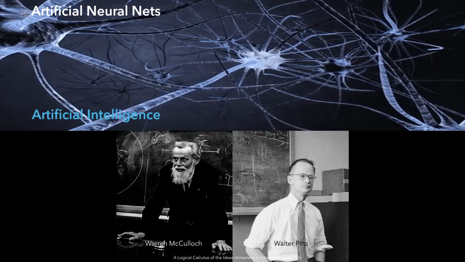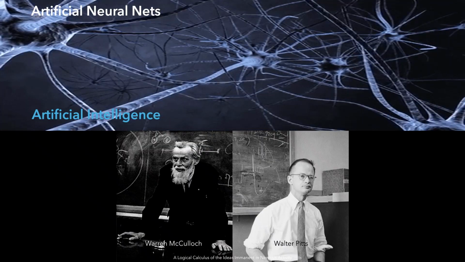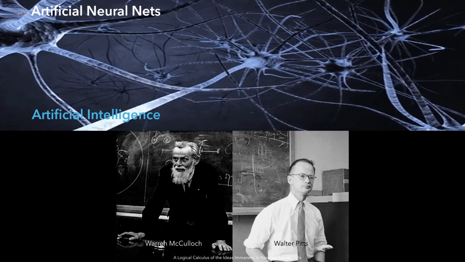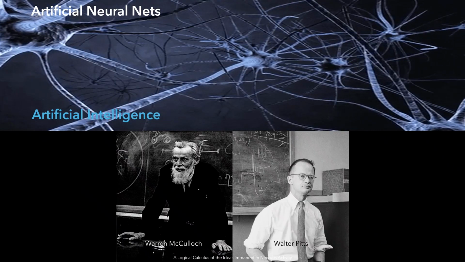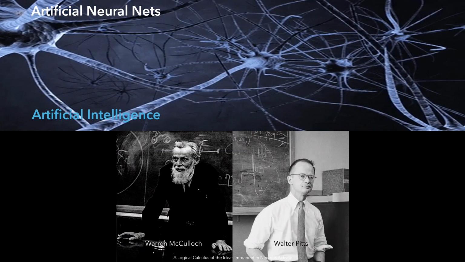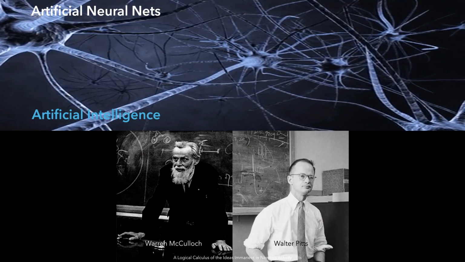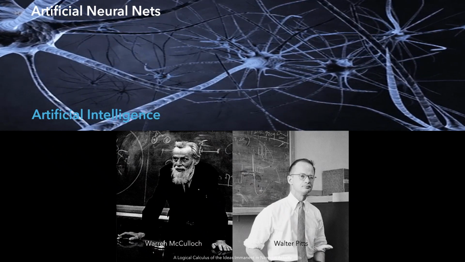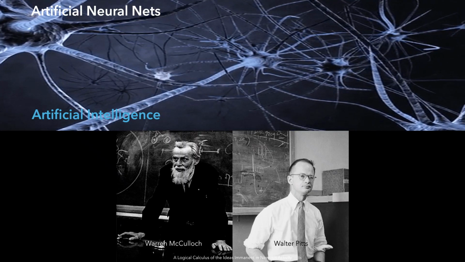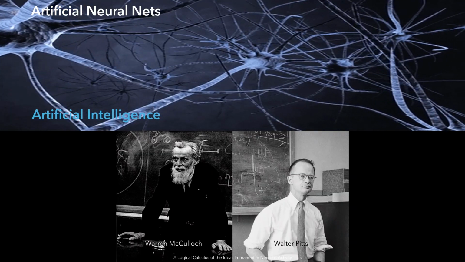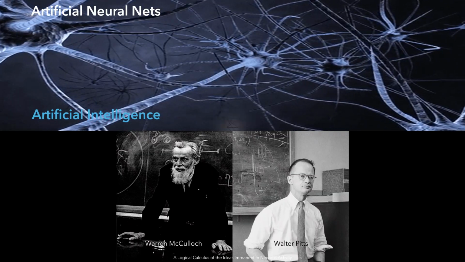In 1943, Warren McCulloch and Walter Pitts created the concept of artificial neural networks. They published the article, A Logical Calculation of the Ideas Immanent in Nervous Activity. McCulloch and Pitts tried to explain how the brain could produce highly complex patterns by using many basic cells that are connected. Neural networks were growing, and in practice they took the name of artificial intelligence. They were also called machine learning.